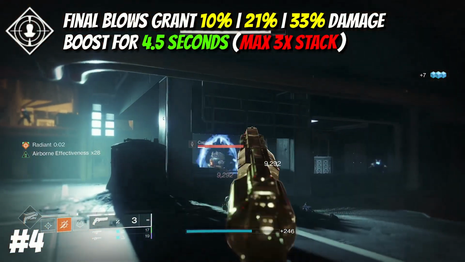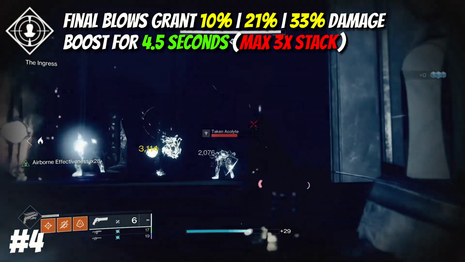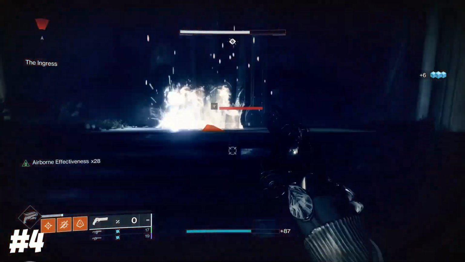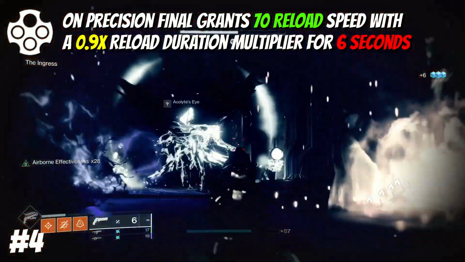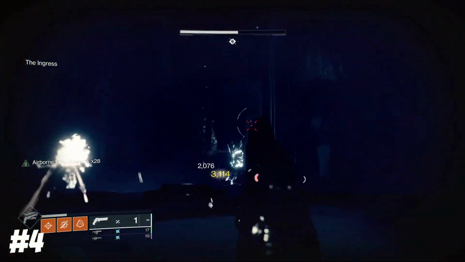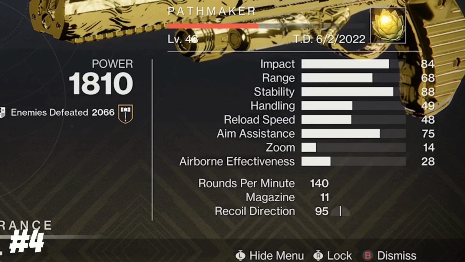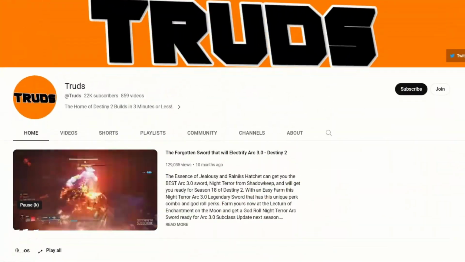Maxing out at a 33% damage boost at a 3-time stack of Rampage, it will allow you to tear through waves of adds, one-shotting red bars and dealing huge damage to mages. Outlaw will allow you to keep this going, as it essentially maxes out your reload speed stat for 6 seconds. Ostringer is renowned for its ease of use in combat thanks to its high aim assist and excellent stat package, and it's even been proven that it'll be way easier for you to click heads with it by